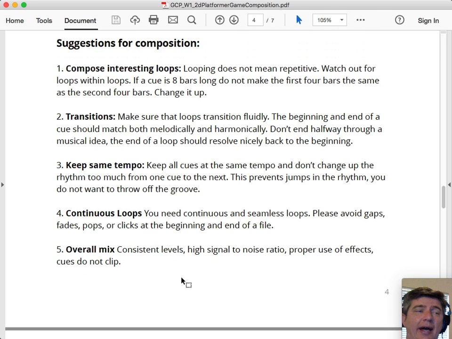Or on the other side of that, some people bounce out their files. It sounds great in their studio. They have it turned up, but when they bounce the files, they have these little tiny waveforms. So you want to watch out. You'll see when you deliver everything, you'll have to bring your files into the DAW and take screenshots of the WAV files. Pay attention to the levels of your music and make sure that you have proper dynamic range to have not only your music playing by itself, but also the sound effects involved.